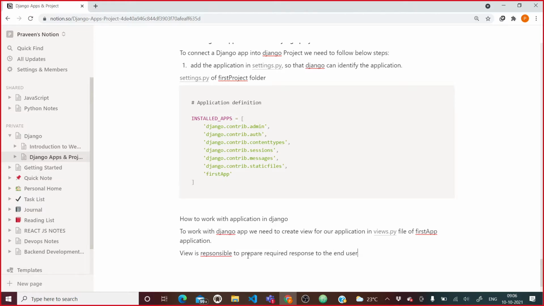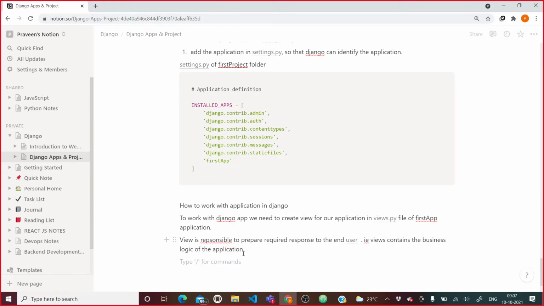That is, view contains business logic. In simple words, views contain the business logic of the application.